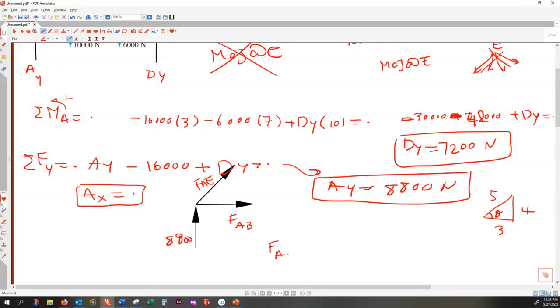That is FAE times sine theta, which is 4/5, plus 8,800 is equal to 0. And therefore, FAE becomes compressive. You get a negative number, and that is